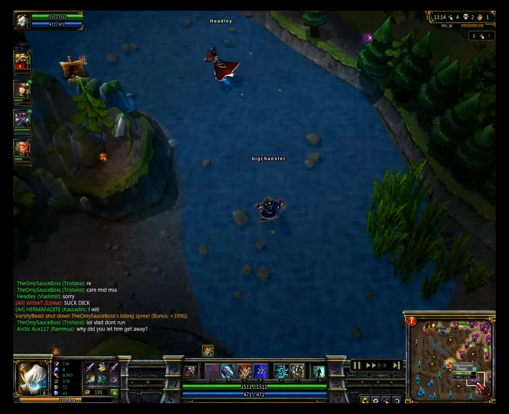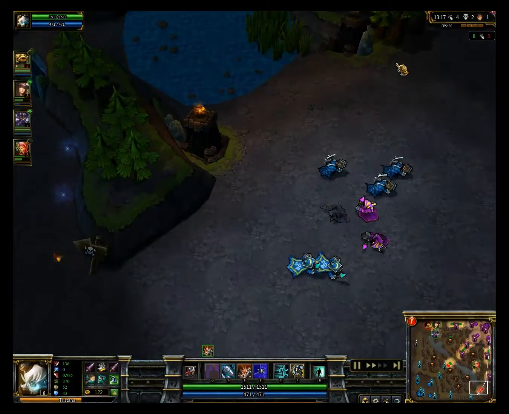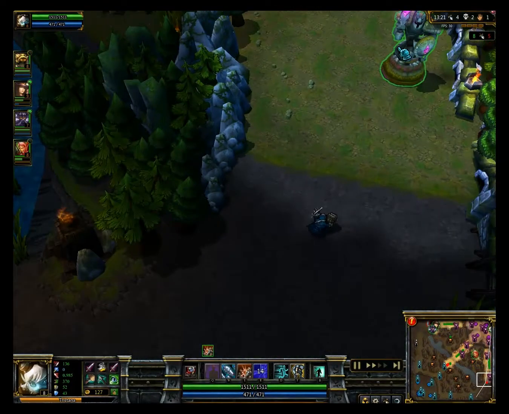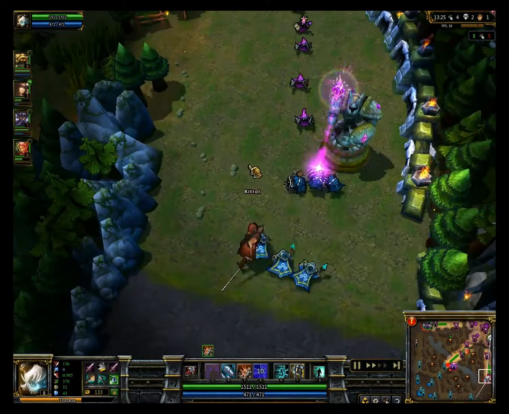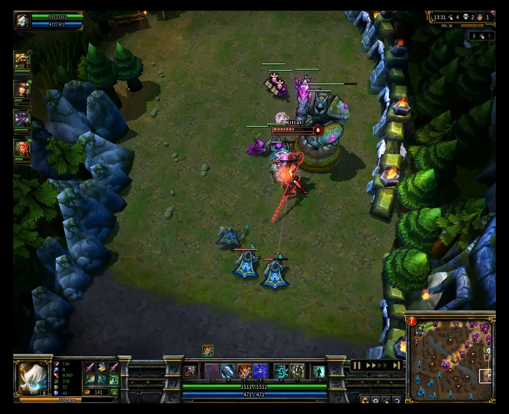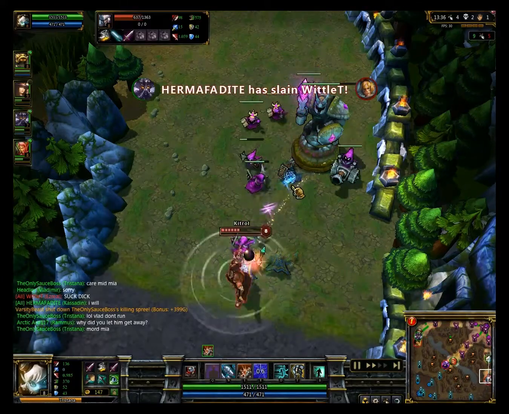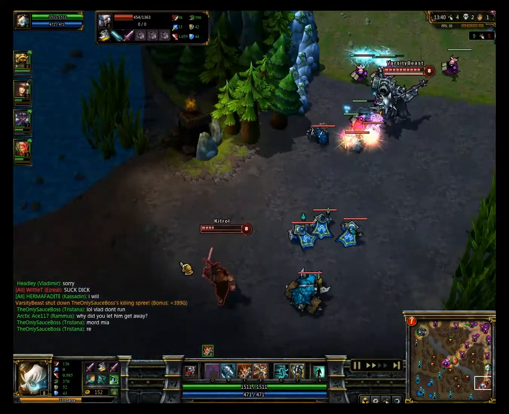And now Vladimir is in trouble. So we see more and more of the jungling Tristana nowadays, because that means that after a gank he can just heal up on the minions, just like this guy is now doing. But this guy cannot do that because, well, he doesn't have any enemy champions in the